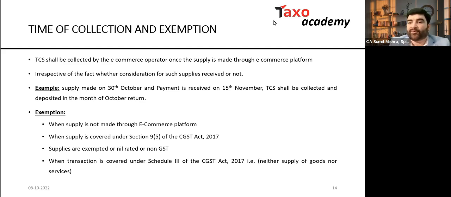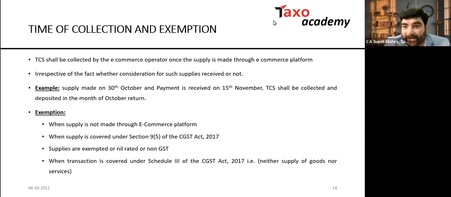So Flipkart is supposed to make me the payment of 118 rupees. What Flipkart will do, 0.5% CGST and SGST. Now Flipkart will make a payment of 117 rupees, and 1 rupee Flipkart will deduct, retain with it, and after that, it will deposit to the government exchequer,